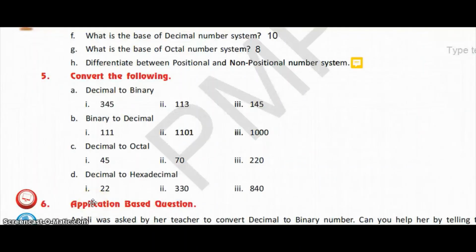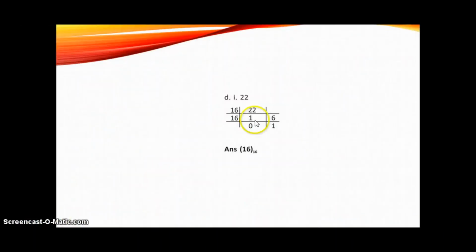Now the next conversion is decimal to hexadecimal. Hexadecimal is with the base 16. Since we have to convert it to base 16, we will divide it by 16. So 16 ones are 16, remainder is 6,